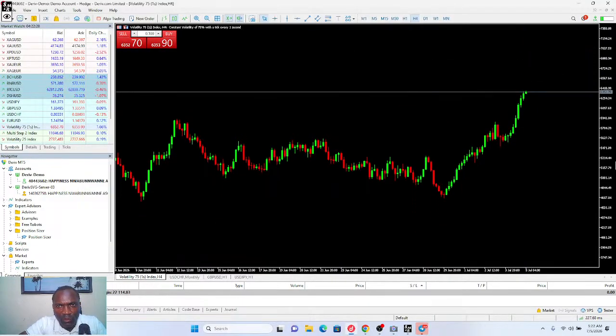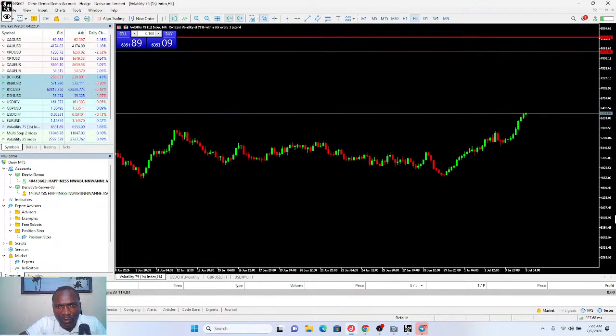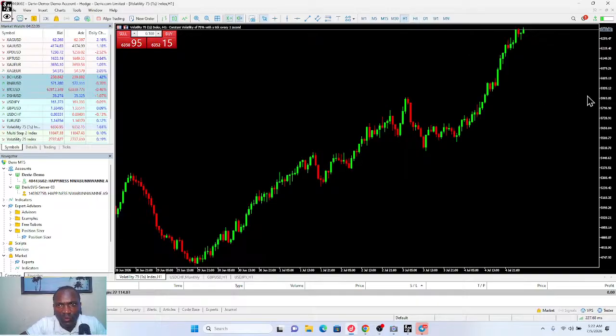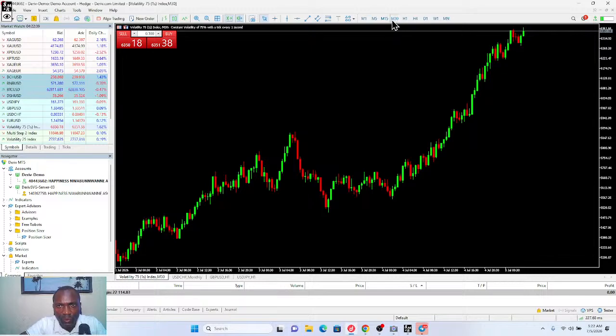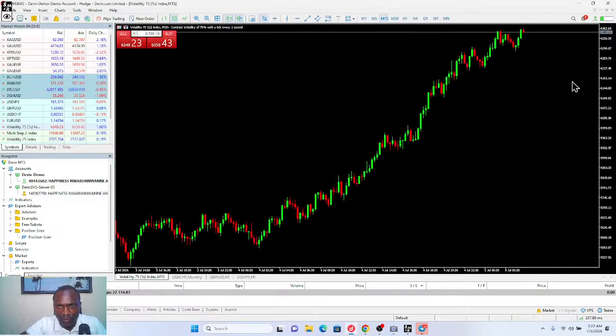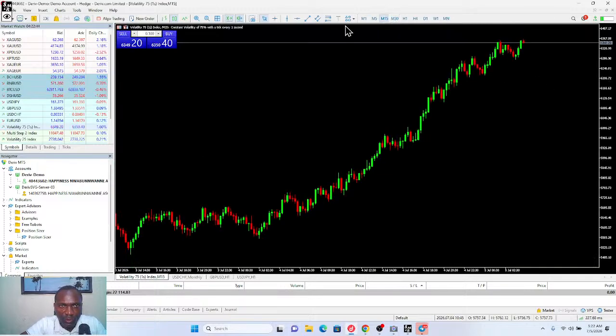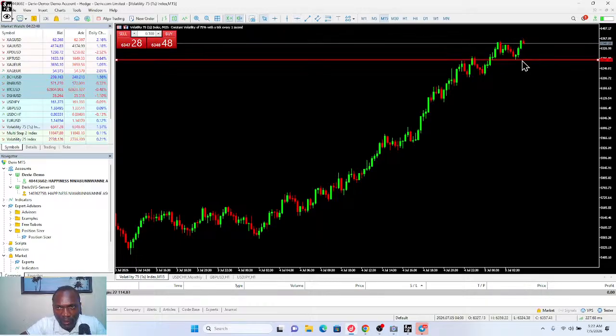Also down. I'm trying to see if I can see where the red is, where I want to sell. So if we are going to sell, I'm going to enter this trade. So that's what we are trying to figure out. So this is where I'm going to use my white horizontal line,